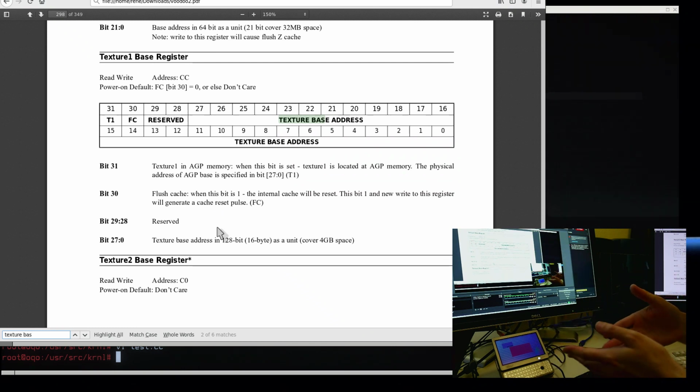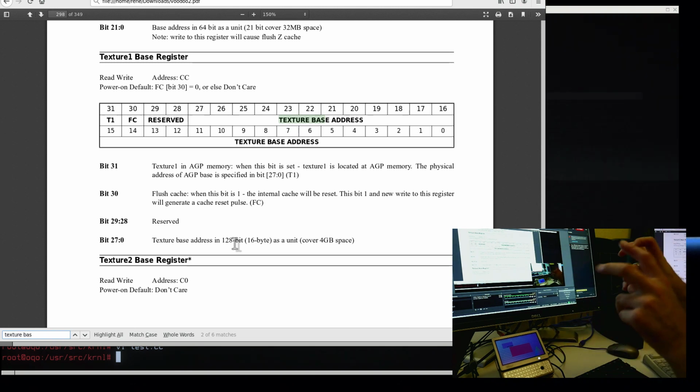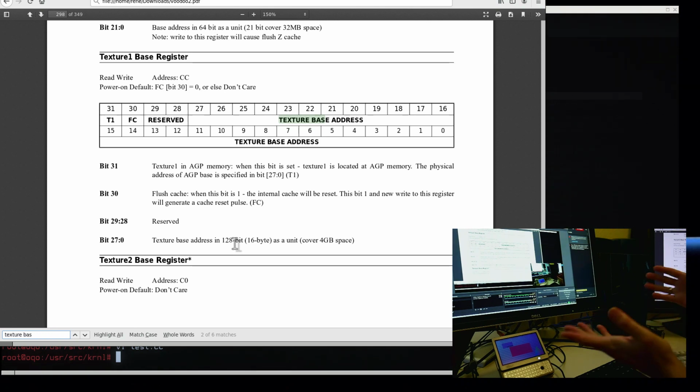So copying the texture, certainly in video memory there, like the cursor or stuff, and then writing the base address here. Of course, the texture needs to be aligned, similar to the Voodoo and stuff. So the texture here needs to be 16-byte aligned, 128-bit aligned, as you can see here. So load the texture, load as just memcopy it in there, specify the base address, set up all the